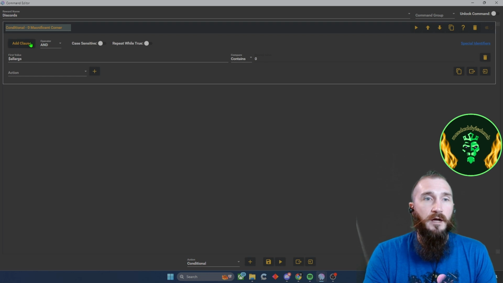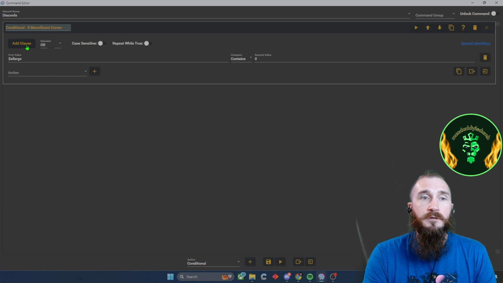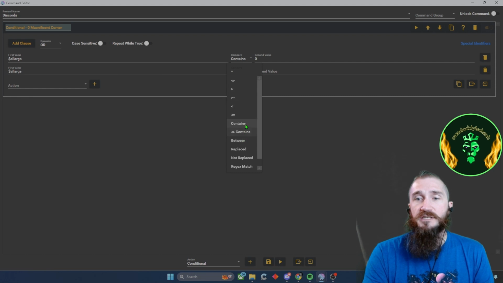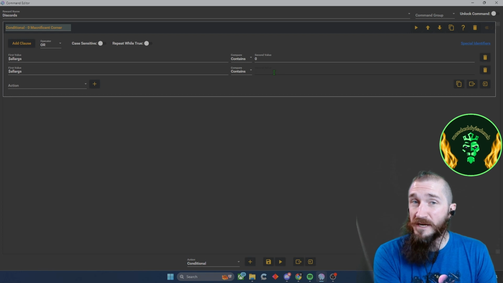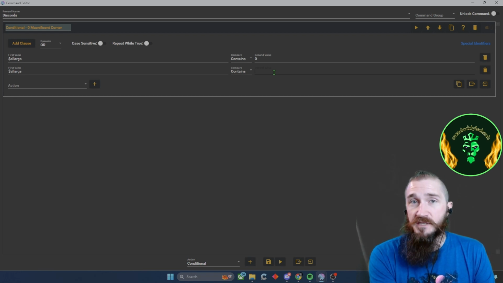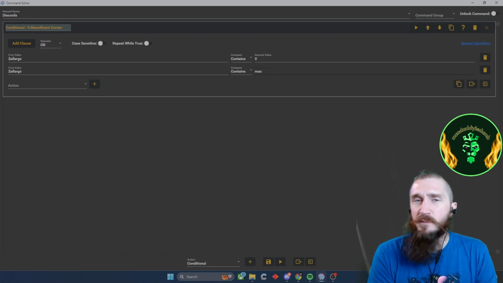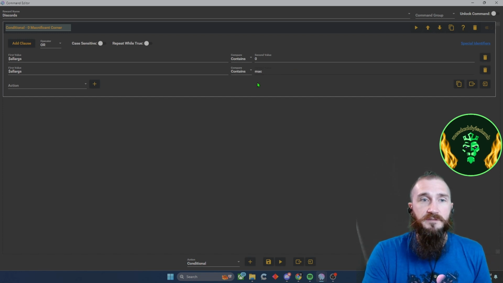right? We want to add one more clause, and we want to make it an OR clause. So we're going to copy this all args right here, paste it here, change this to contains, and in case somebody doesn't read the directions properly and they try to type out magnificent corner, you want a keyword in there to catch that, so you can at least make sure that you're telling them, hey, next time you can use only numbers, but you did check in successfully this time. All about making the viewer's life that much easier,